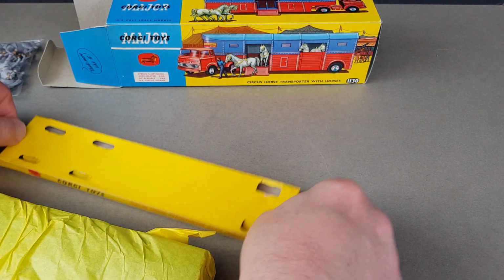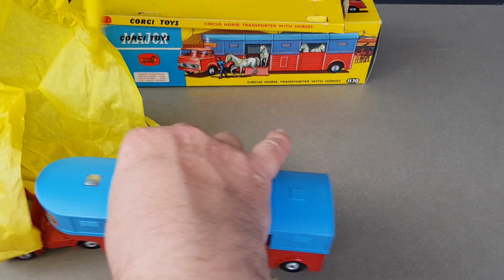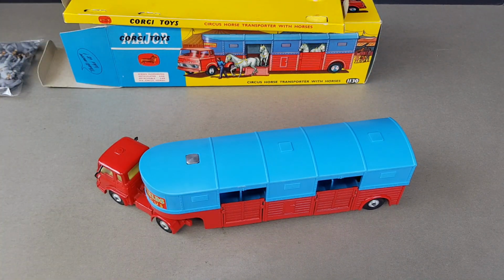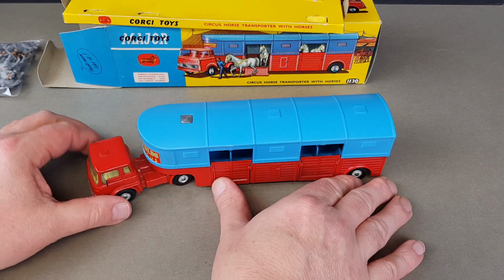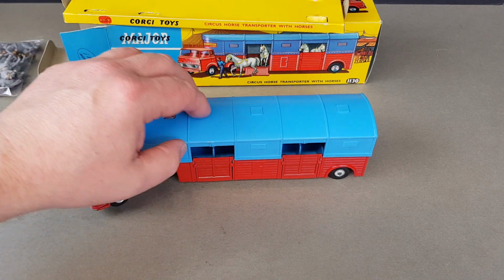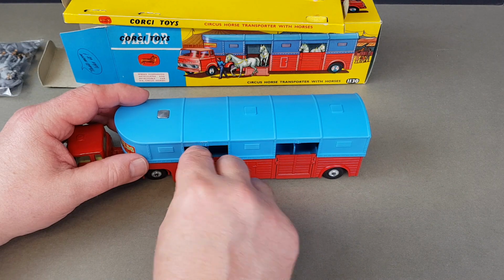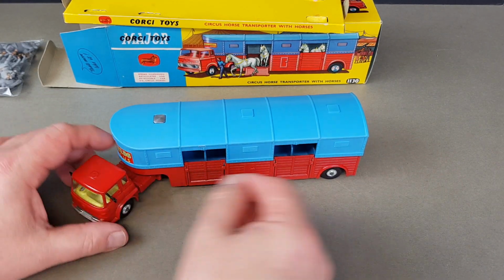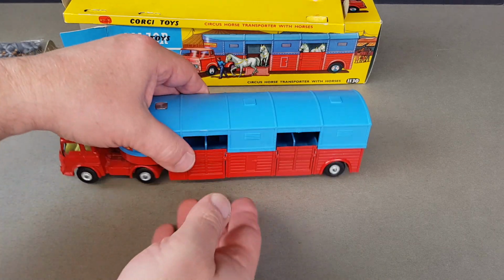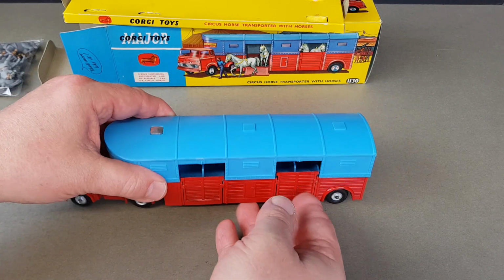Let's lift this right out completely, I think, for now. There we are. I think we've got all the bits of paper there. So very well wrapped up. As I said, I've had items from Dave Kerno before, some Matchbox ones, and they were really excellently wrapped and in great condition, and this is no exception. So I don't think this is really going to need much in the way of cleaning. He did say this was by far the best one that was available online when I went looking for it, and I do really only want these in tip-top condition. So I don't think that there's going to be much in the way of any sort of dirt at all on this one, but we will